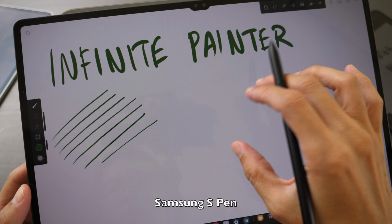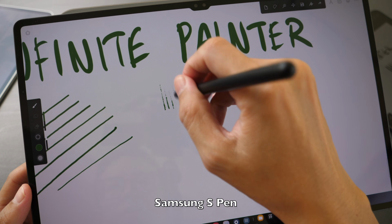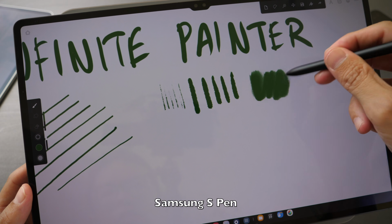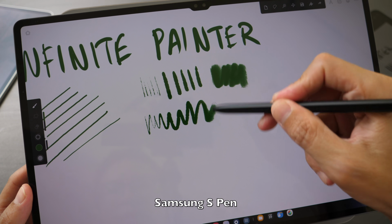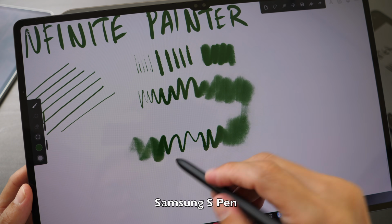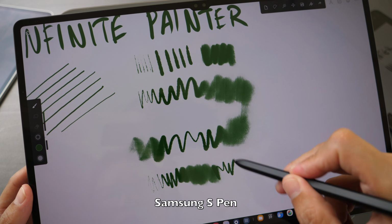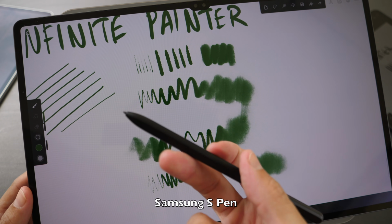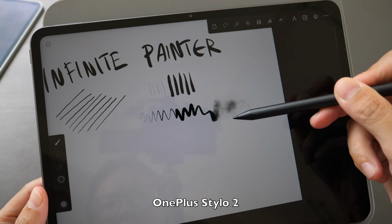And this is the Samsung tablet. Same brush, Dry Inker, thin, thick, tilt. So let's look at the line transition, thin, thick, tilt. Yeah, so it's easier for me to actually draw line transition from thin, thick to broad with this tablet, with the Samsung S Pen. Back to the OnePlus Pad, thin, thick, broad,